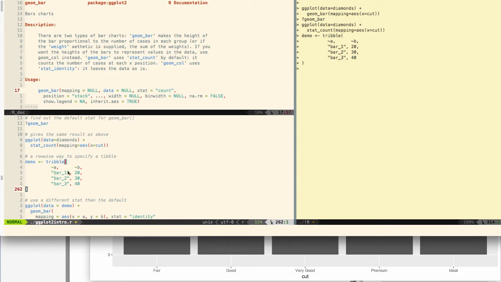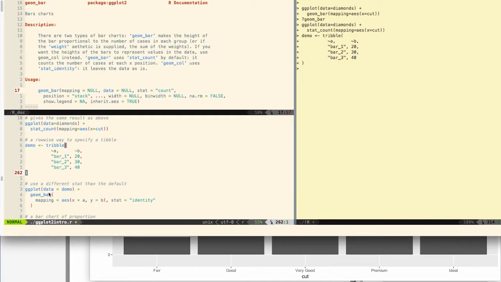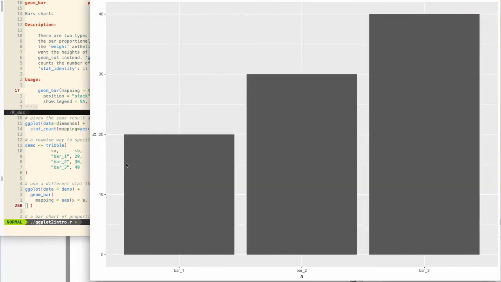So we have this as a row. Instead of specifying it column by column, we're specifying row by row. Okay, and we can use a different stat than the default here. We're going to use stat identity with geom bar, and it's going to give us a different output. Although it looks much the same, notice along the x-axis, we have geom bar. Along the y-axis, we have whatever was in column B. So this is just the name of the column. This is what's in that column that matches this. So this is a different